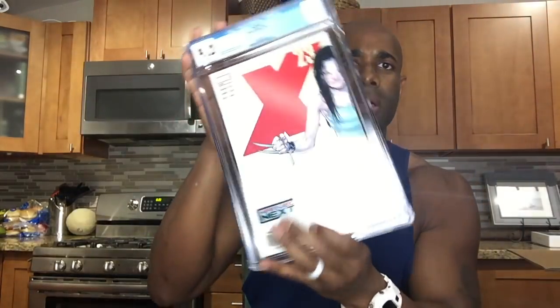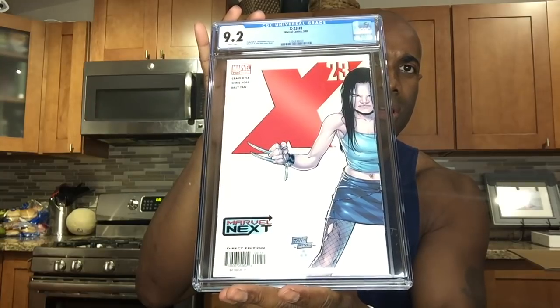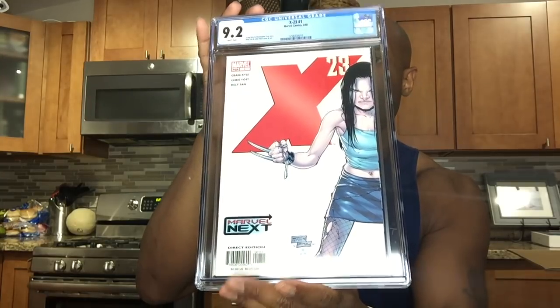Next up, X-23 number 1, 9.2. Really nice white cover. I like that book. Okay. It's a good thing that these CGC cases or slabs have the interlocking mechanism, because I have a huge stack